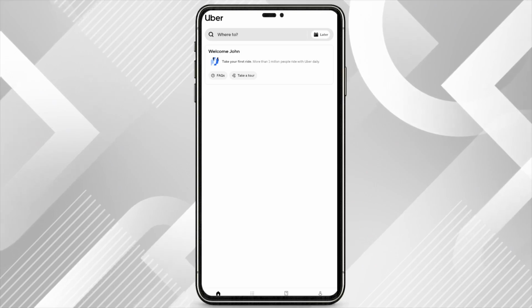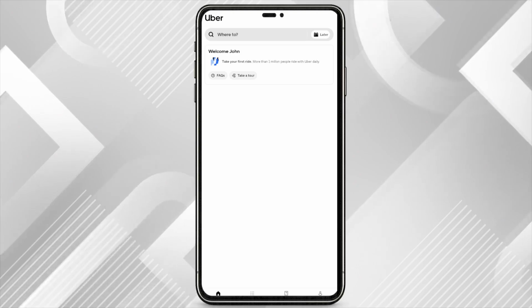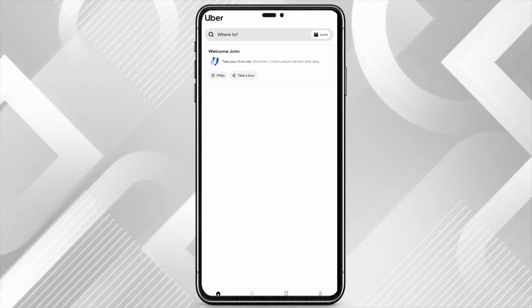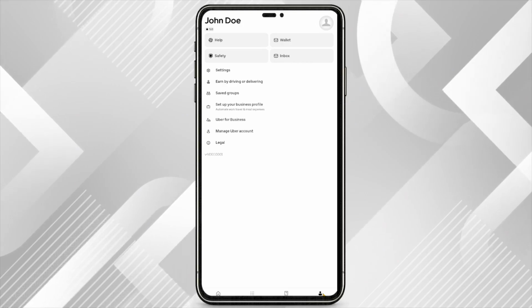First, open the Uber app on your phone. Once you're in, look at the bottom of your screen where you'll see several navigation options. From there, click on Account. This will take you to your main account settings where you can manage various aspects of your Uber profile and